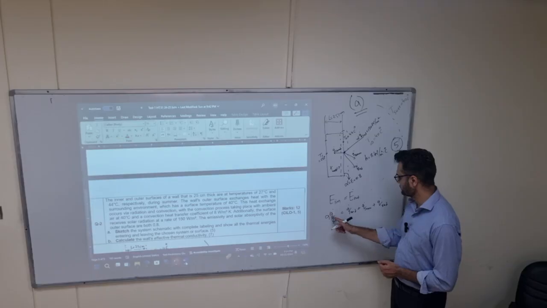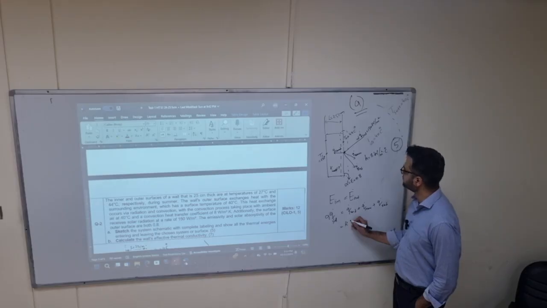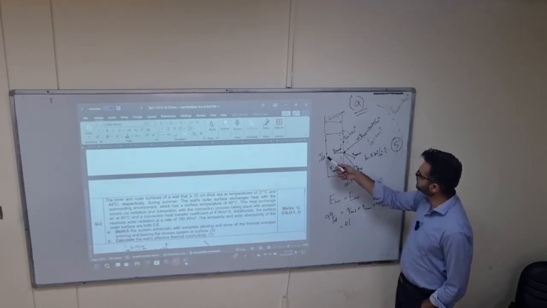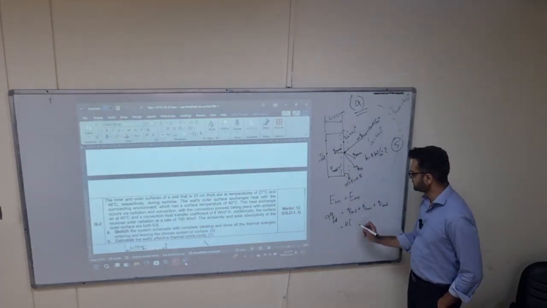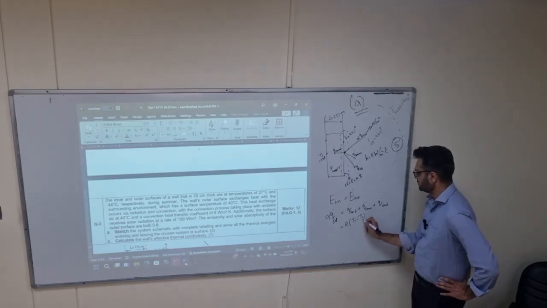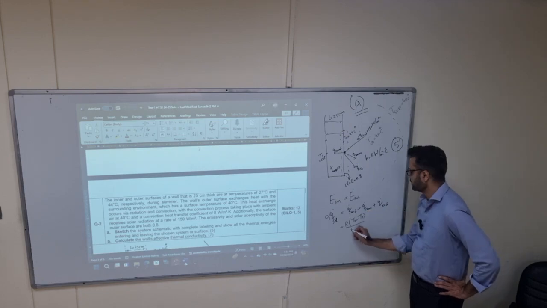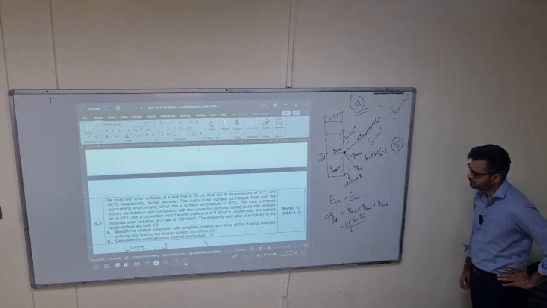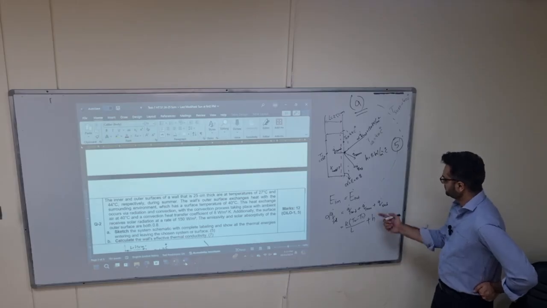So now write this, that is given, what will be Q dot conductive? K dT by dx, but which dT? Now you can write minus k (T1 minus T2), or k into (T2 minus T1) in this direction. So k into (T2 minus T1) over L. Okay. Q dot conduction plus Q dot convection, h delta T